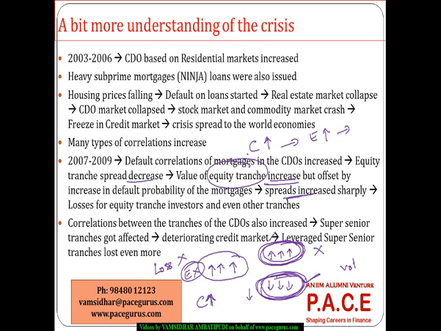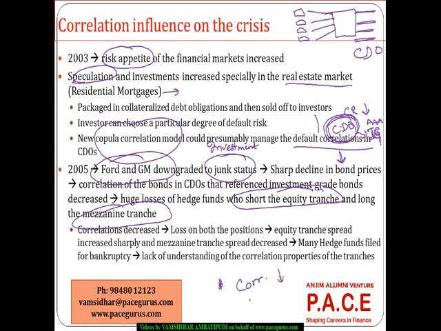So if the correlation is lesser, only a few of them can default, and the value of the mezzanine tranche is going to be much higher in that case, whereas the value of the equity tranche will be much lesser. Whereas when all of them are going to default or none of them are going to default, the equity tranche will have a higher value and the mezzanine tranche will get a lower value. And because of that, whoever has invested in this kind of position, short on the equity tranche and long on the mezzanine tranche,